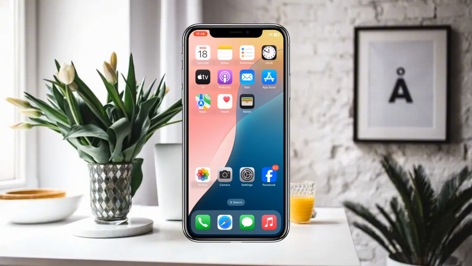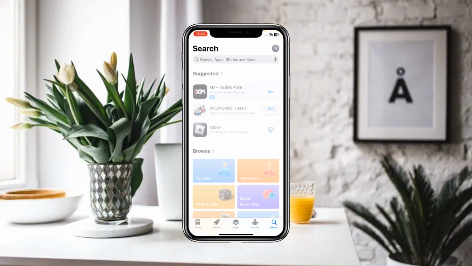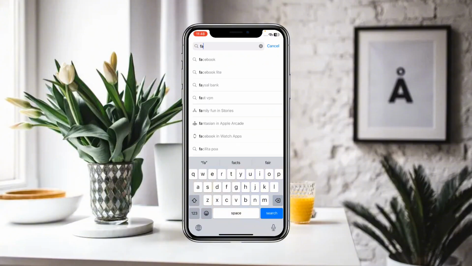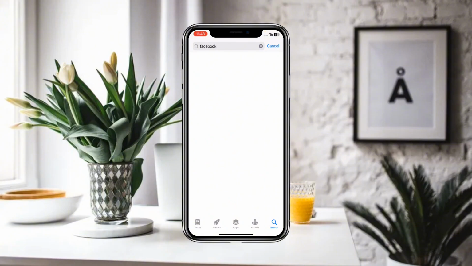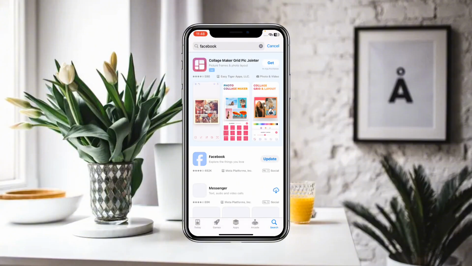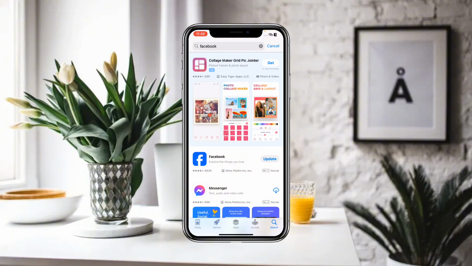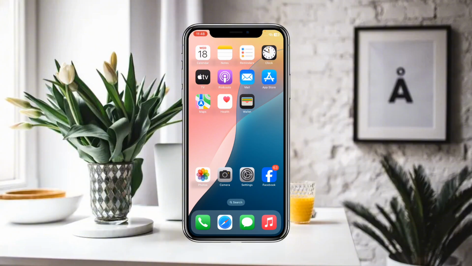Now what you have to do next is open the App Store here. So in the App Store you have to simply search for Facebook, and you have to make sure that it is not showing any kind of update. And if it is showing any kind of update, then you have to simply update the Facebook app. And after updating the Facebook app, what you have to do next is simply open Facebook,